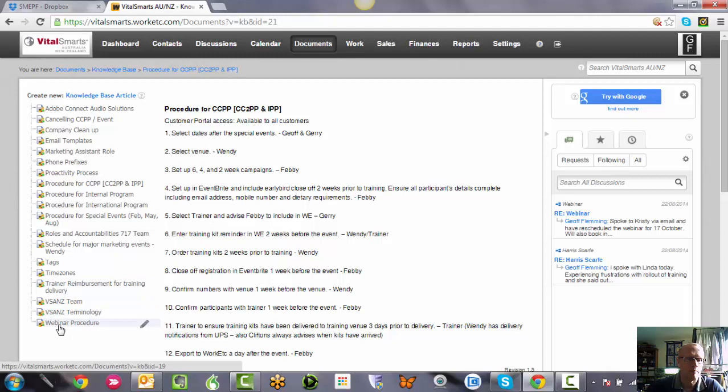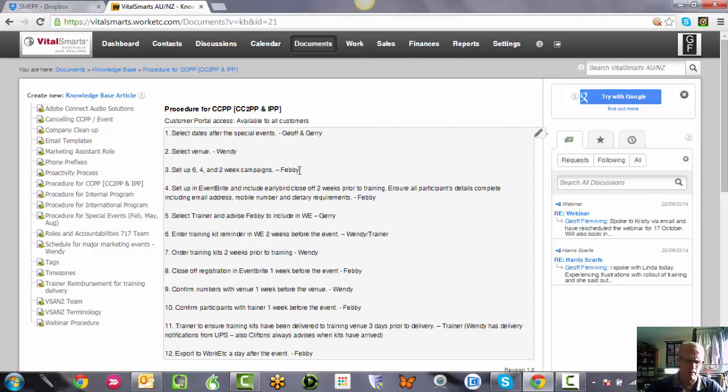There's also our procedure for setting up webinars, and more recently, because we're starting to use Adobe Connect, there's one in there for setting up Adobe Connect. Take the opportunity when you can to look through all those. When you are involved in a public program, you can click on the procedure and it'll show you clearly, and if you like we can do them in a different color, the ones that you are responsible for as part of delivering a public program.